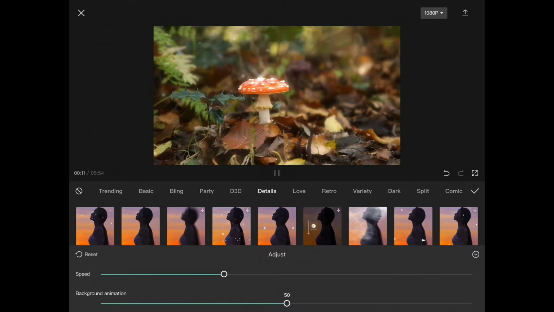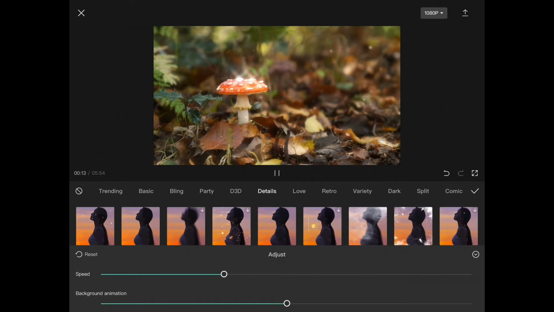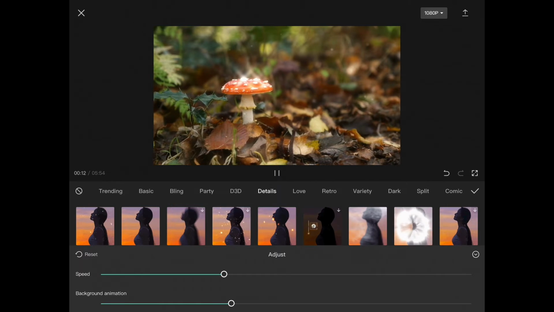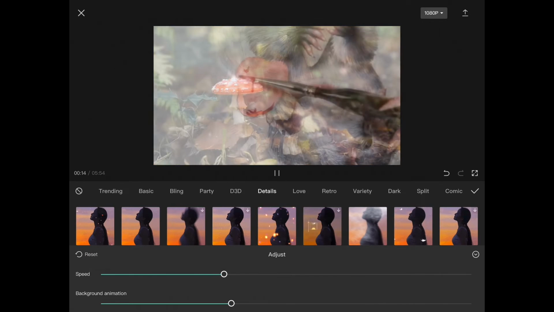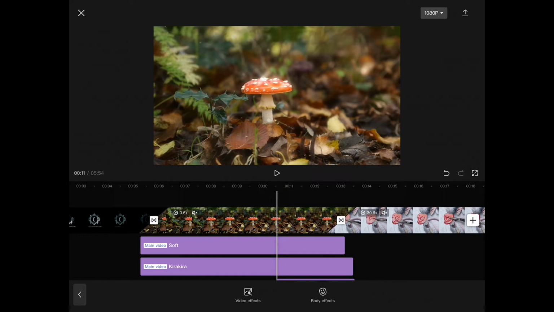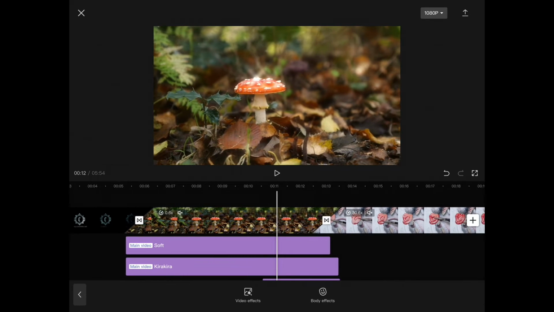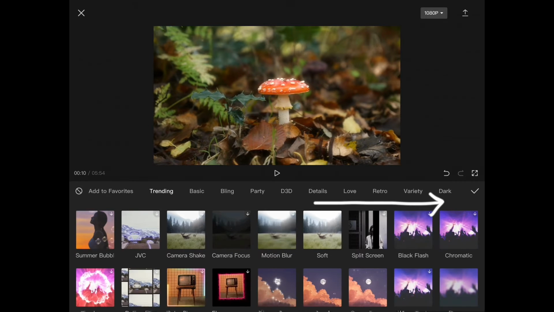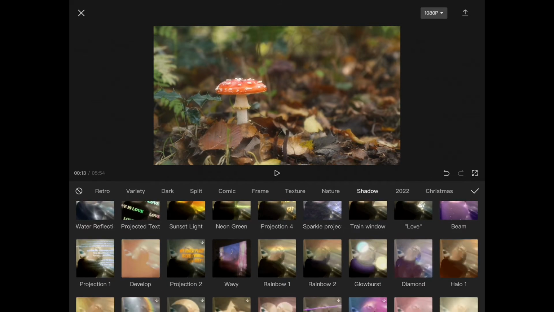Under adjustments, you can alter the opacity of this effect and also the speed in which the particles float around. I'm lowering all of these significantly. I don't want it to be super noticeable, and I'm dragging that across the whole video clip. And it still doesn't feel complete, so I'm going to look at other effects, and I'm going to scroll at